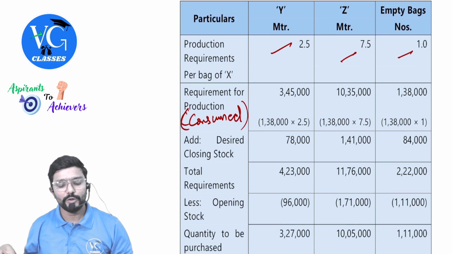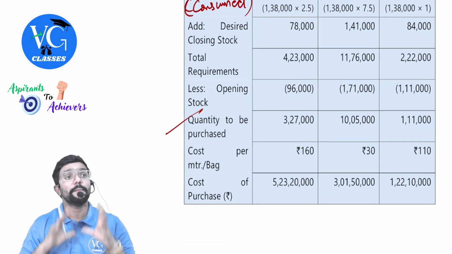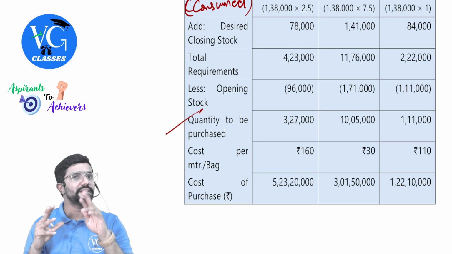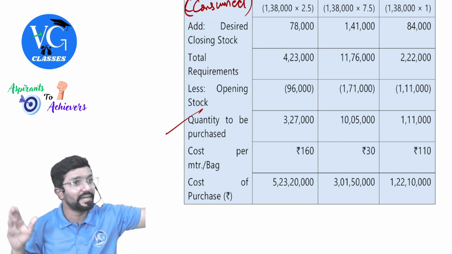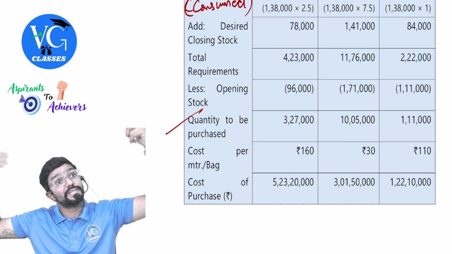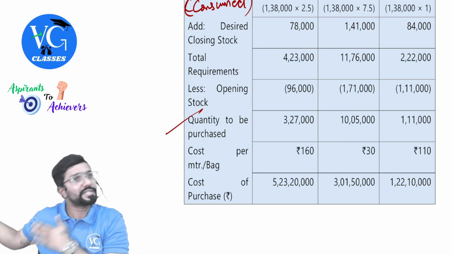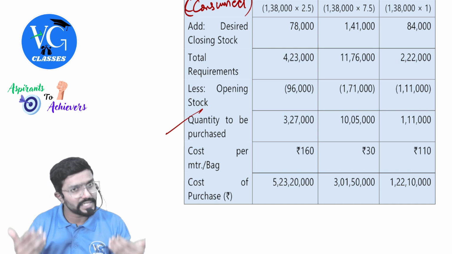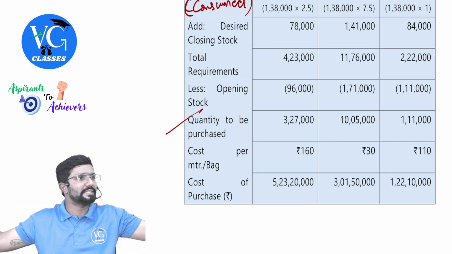Add closing stock and deduct opening stock, guys. You'll get raw material to be purchased. Guys, we did this. Hope you remember. We would have done it as two separate calculations. Consume separately, purchase separately, because in my question I had asked separately. And here, can I do purchase straight away? No. Without consumption, you cannot find out purchase. That means even consumption you have to find out, guys. Please be careful. Know the steps, guys.